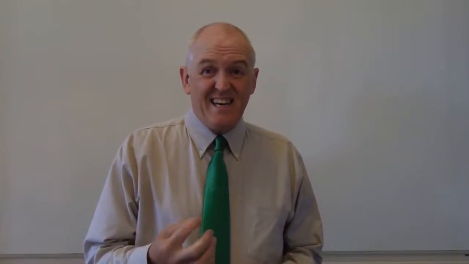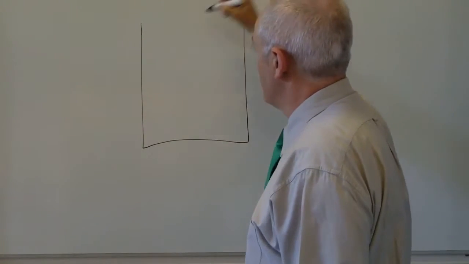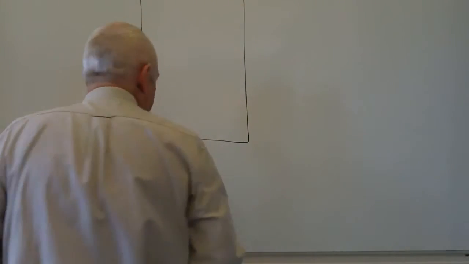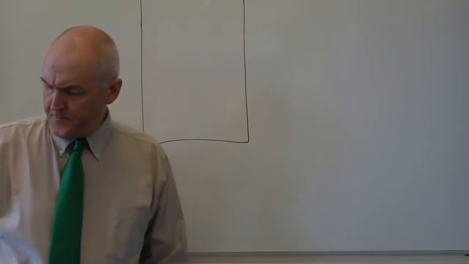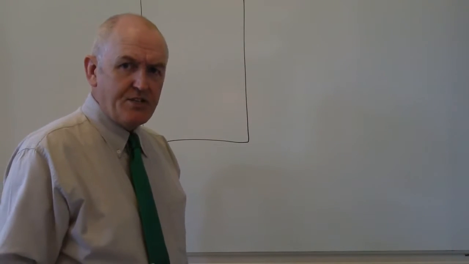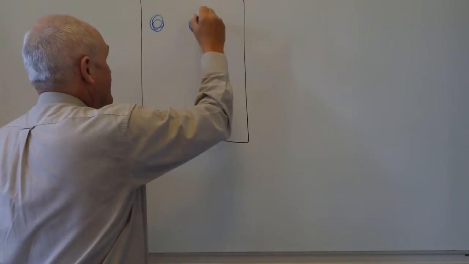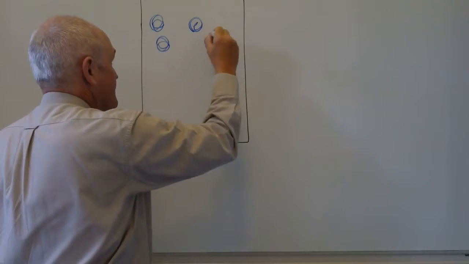So let's think of a really simple example of diffusion now. Let's think about putting some ink into a beaker full of water. So if we think about a beaker full of water, here we have a beaker or a glass or whatever it happens to be. And this is full of water. And as you know, water is molecules. Water is H2O. So actually what we have in here is lots of individual water molecules.